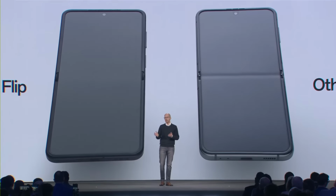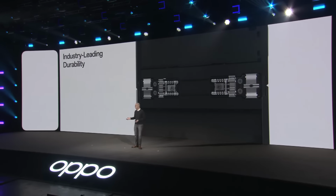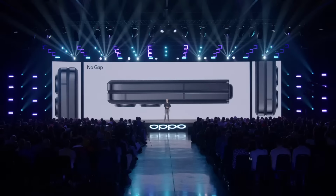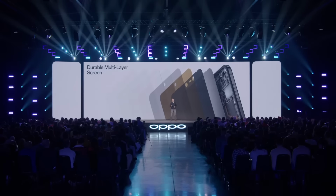In addition to the visual and tactile improvements that you get, the new Flexion hinge also ensures industry-leading durability. First of all, when you close Find N2 Flip, there is no gap between the sides. This doesn't just look good, but it also keeps dirt and dust out. So you don't have to worry about debris getting into the phone, damaging it. With stronger materials like steel that is 25% more durable and carbon fiber reinforced polymer, and a more durable, multi-layer display, Find N2 Flip can handle just more